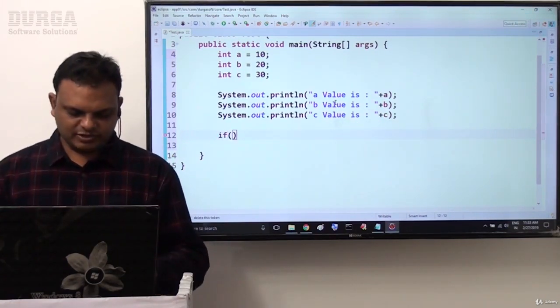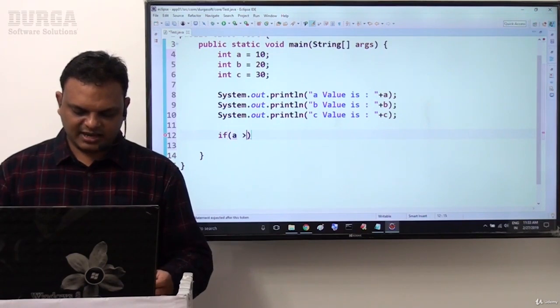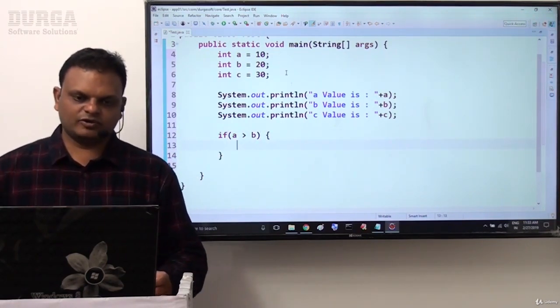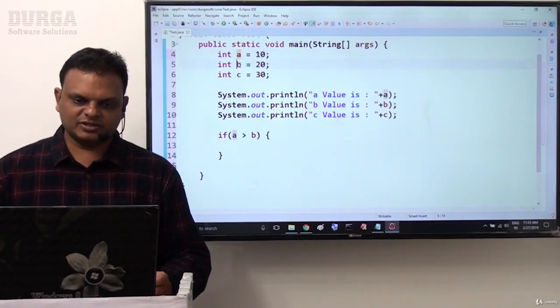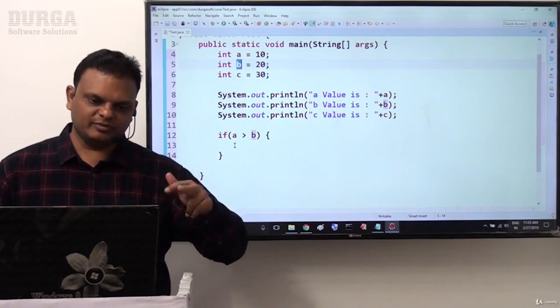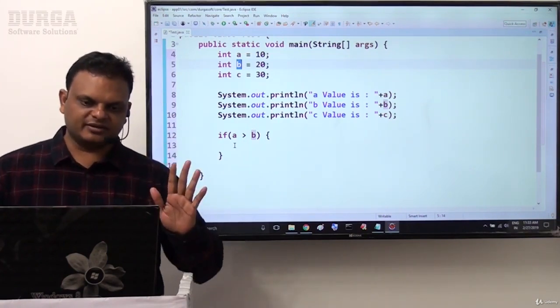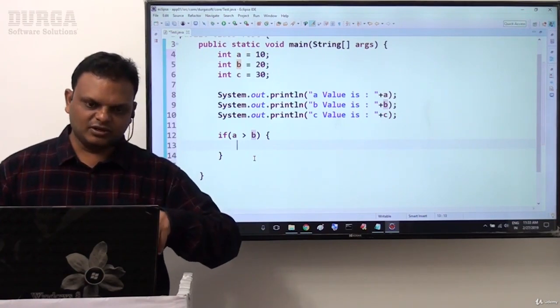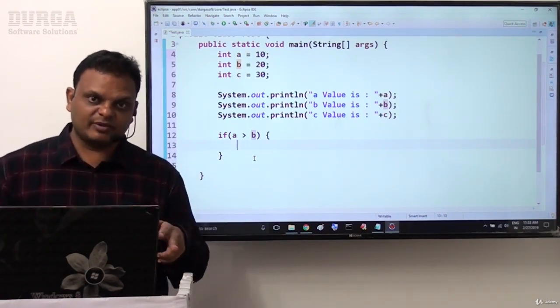If, for example, a greater than b, first of all I want to take the a and b comparison. Now if a is greater than b, between these two, maybe in between a and b only we are comparing, maybe c may be greater when compared with this.